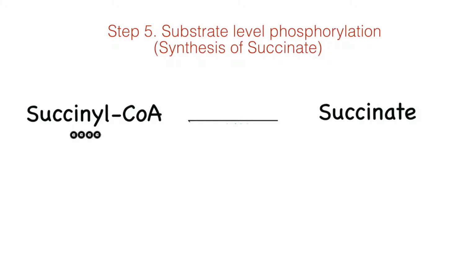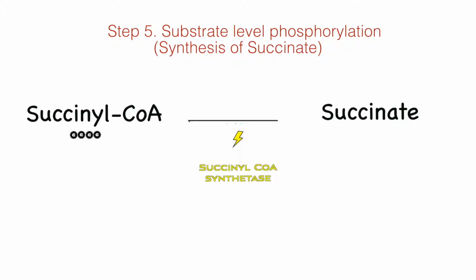Succinate is then synthesized from succinyl-CoA with succinyl-CoA synthase, and here a molecule of GTP is created. The previous high-energy thioester bond from succinyl-CoA allowed for a phosphate group to be incorporated, and when the phosphate group is transferred in phosphorylation, GTP is produced. This step is reversible, but the product concentration is kept low to pull the reaction forward, making it slightly